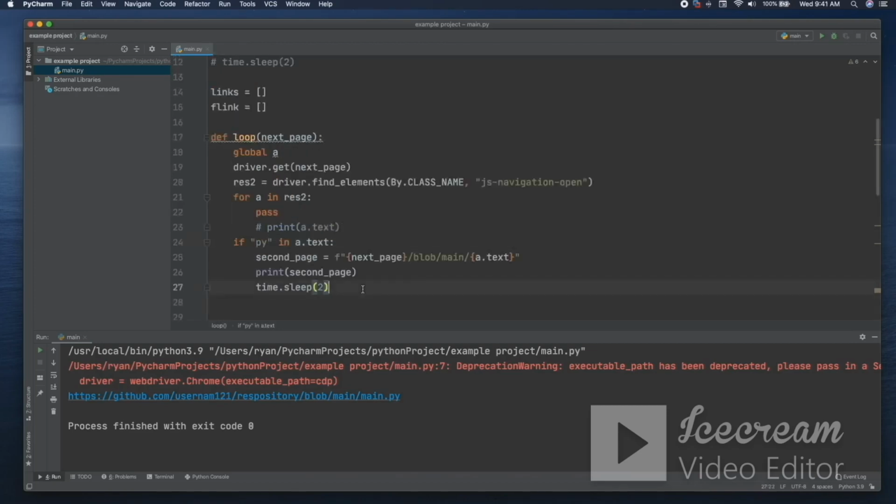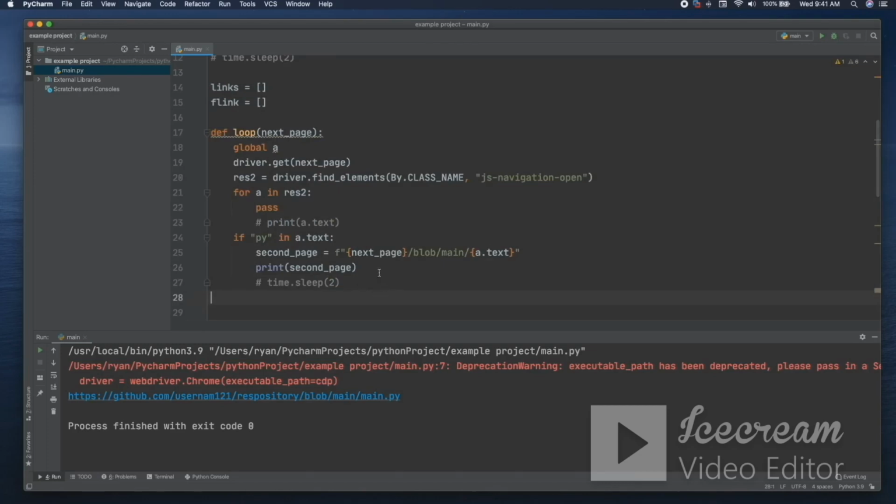Now that we know that works, we're going to comment out this sleep function because we don't need it. We also don't need it to print the second page. What we're going to do now is we're going to call a second function inside of this function. So it's kind of getting like the movie Inception. We have a function that we're calling inside of another function,